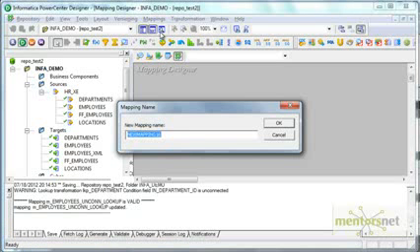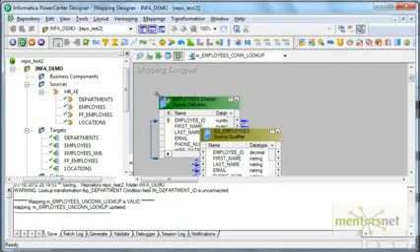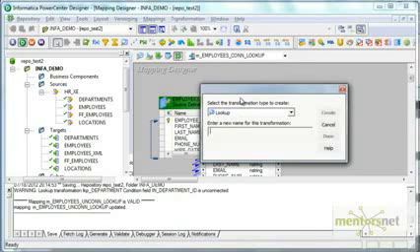I'm going to create a new mapping called employees connected lookup. Here I'm going to use employees as my source table, and I'm going to create one more lookup transformation like before, which I'm calling LKP_DEPT.